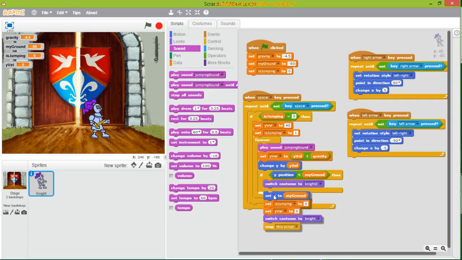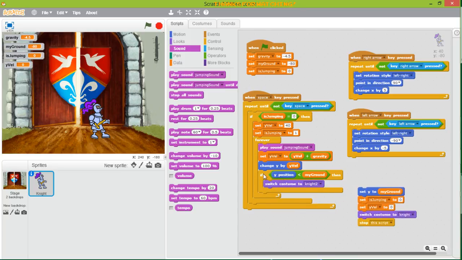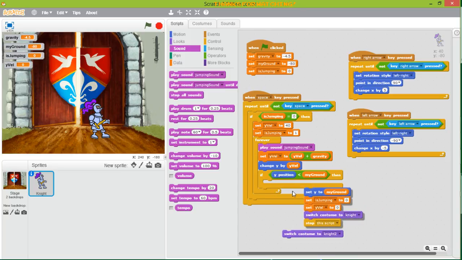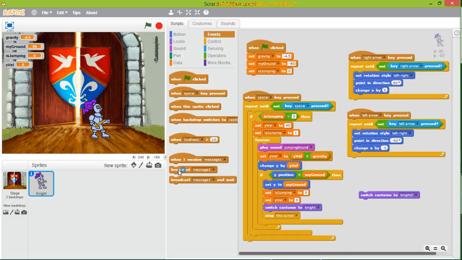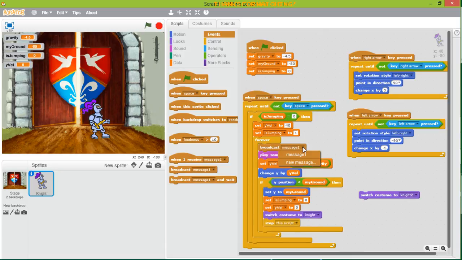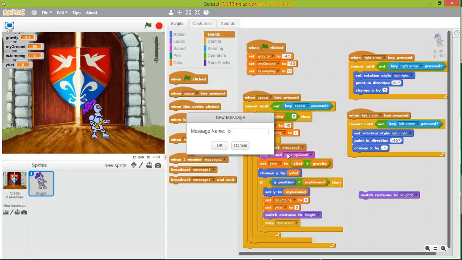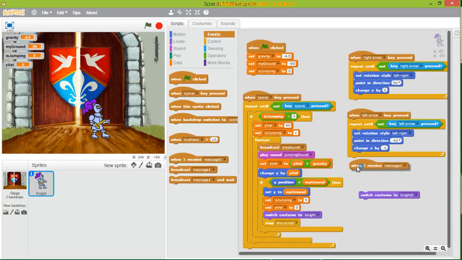To take it out of the loop, we can use broadcast. We can broadcast a message. We go to events and broadcast a message. So when we start jumping, the message is play sound. We broadcast this message, and when we receive the broadcast,